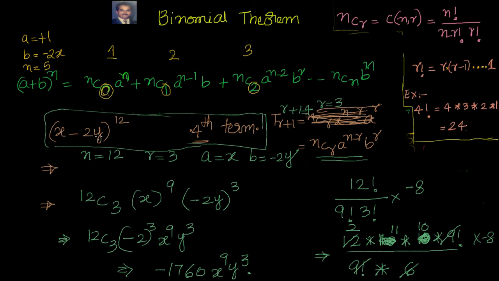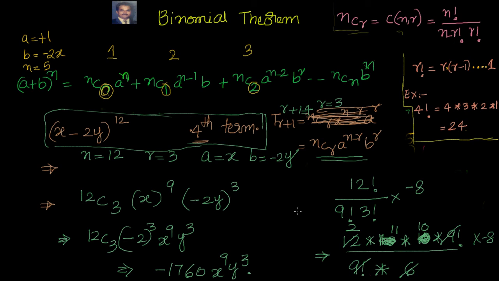x minus 2y is a binomial. You are raising it to a power and you are expanding it, right? Whenever you want to deal with the powers of binomials, you will be using the binomial theorem where you have binomial coefficients. I think that should be fine. So let's go ahead. In the next video we will see how to find out the middle term.